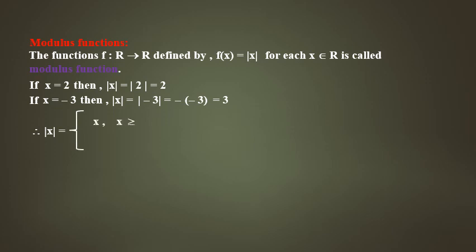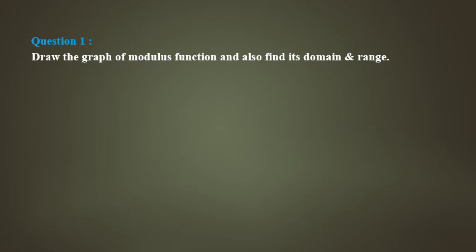It is x whenever x is greater than or equal to 0. It is minus x whenever x is less than 0. Understand properly here, mod we use only to make negative numbers positive. Suppose the number given is negative, what do I have to do? Multiply with minus, so that you make it plus. Understand, if you take the modulus sign, it means you are interested to take the negative value as positive. Okay, yes. So we go for a question based on this one.